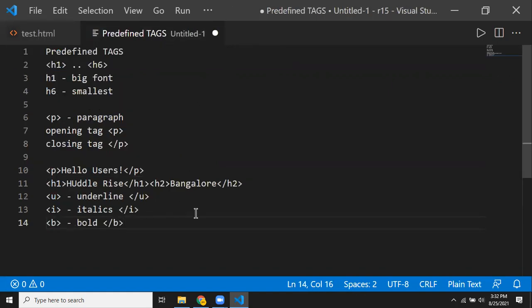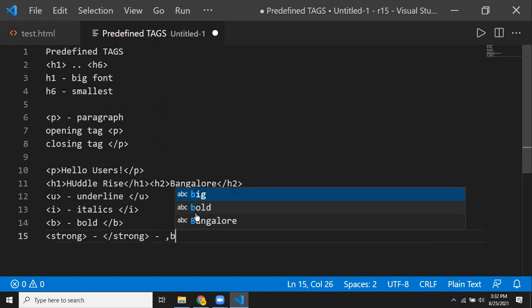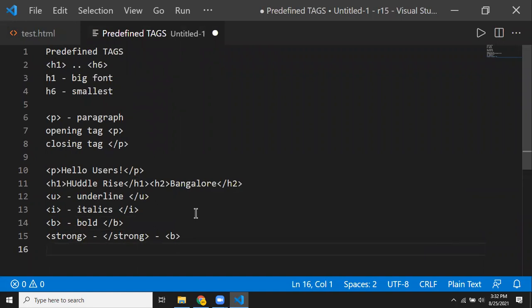Like this, we have so many different tags. Another tag we have is called the strong tag. For the strong tag, you can have the opening and closing tags. Remember, this tag is the same as your bold tag. Strong is the same as a bold tag for us. Then we have italics.